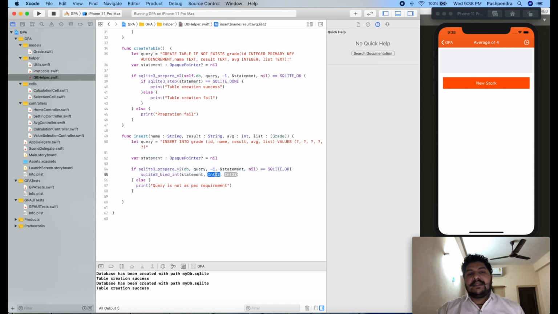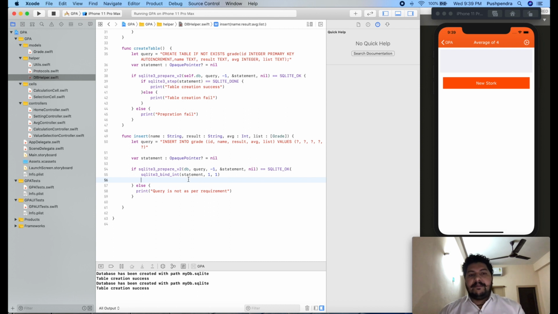Now this is the column: in which column am I going to enter? In the first column. And what is the value of id? It is 1 in my case. And id is auto increment. After the first entry into the database, you don't need to append the id again and again. I will let you know that also, but for the first record we have to enter this id.